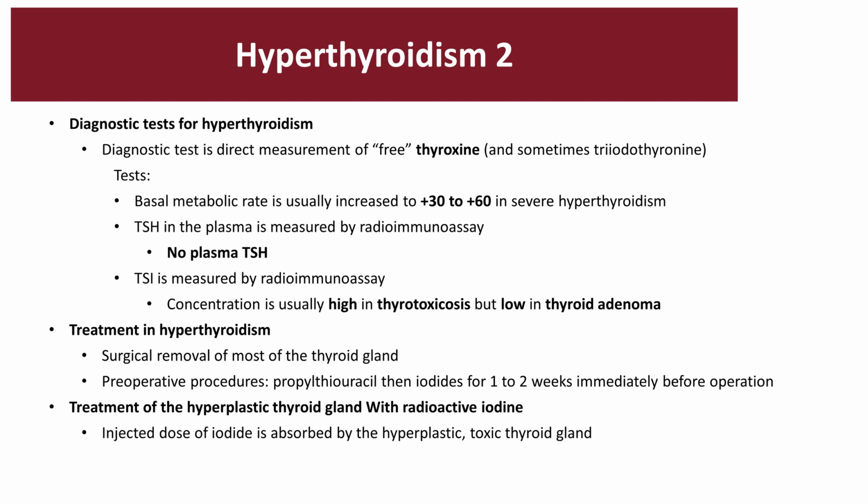Treatments of hyperthyroidism involve decreasing the production of TH by either removing the thyroid gland via surgery or even intravenous injections of radioactive iodine. These doses of iodide could then be absorbed, which causes the thyroid gland to get destroyed. One tip is that during a pre-operative procedure, providing the patient with propylthiouracil and then iodides for 1 to 2 weeks to shrink down the thyroid gland before operation is going to be conducive and increases the patient's